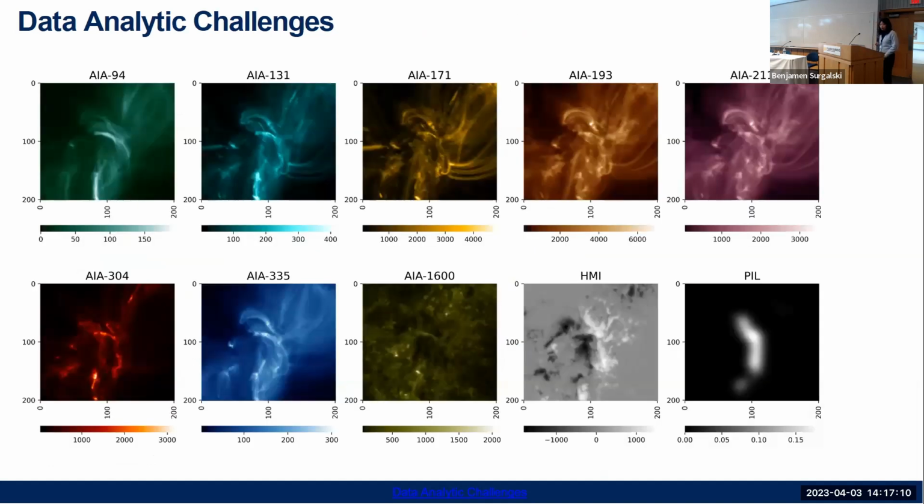So another data analytic challenge that we have is that for those active regions, we have very high spatial and temporal resolution. If you zoom into each of those active regions, as I'm displaying here, we have multiple channels of high resolution images that contain different aspects of the information about the Sun. So it's important to integrate them and also make full use of them. But the dimensionality of the data that we have is huge, it's massive.